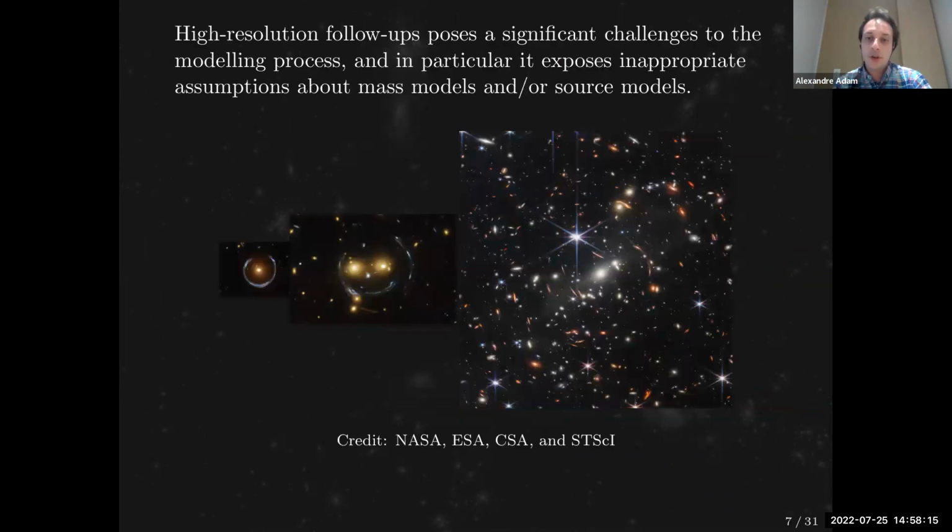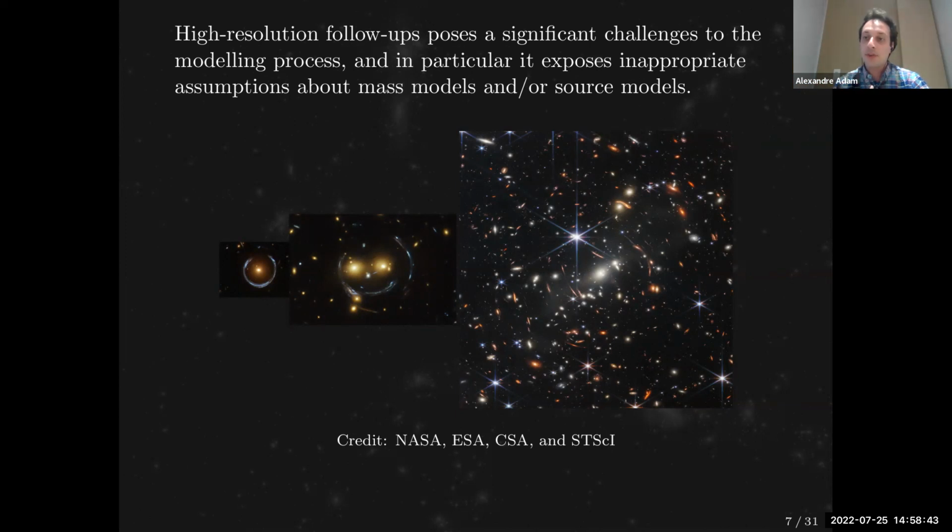The point I made about the complexity is really illustrated when you look at the different scales and different types of gravitational lenses. On the right, you can see the James Webb images of a cluster that produces this lensing effect, and this cluster can have thousands of background sources, which appear as little arcs.